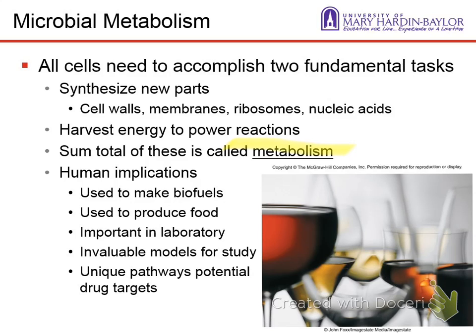There are lots of important implications for us as humans, and one is making a biofuel. That 10% ethanol in your gas, if you've got a normal vehicle, or I guess it's E80, the 80% alcohol fuel products that we've got out there now for vehicles that can use them. That alcohol, a lot of it is produced by microorganisms that take the sugar that's in corn and ferment it and produce the alcohol. There are other ways to do it, but a lot of it's done that way.